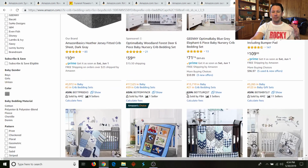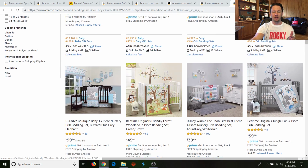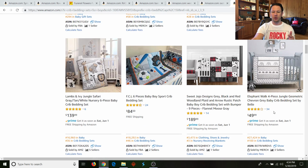And this is, again, going to be another product that is perfect for private labeling because you can see here they all have different patterns. They all have different designs. I mean, this one has 8 reviews here selling for $60. Here, look at this, 34 reviews, 14 reviews, 24 reviews, 6 reviews, and they're all on page 1. But notice the price difference. Some of them are $49. Some of them are